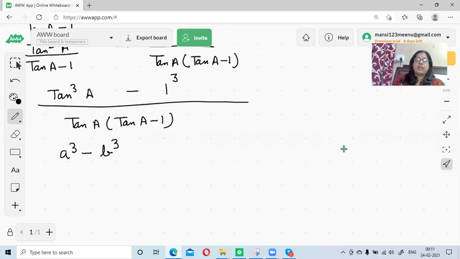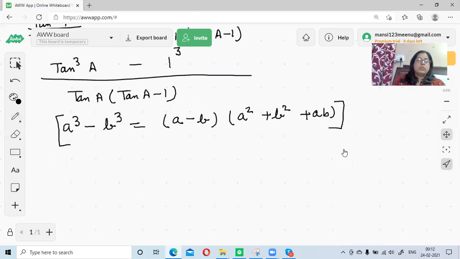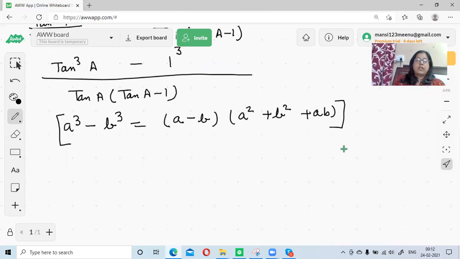And a cubed minus b cubed is equal to a minus b into a square plus b square plus ab. So this is equal to tangent A minus 1 into tangent square A plus 1 plus tangent of A